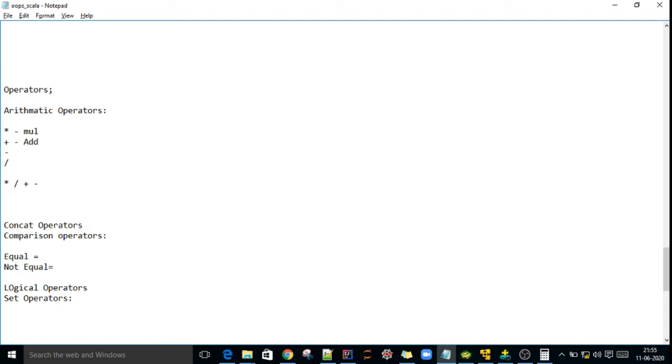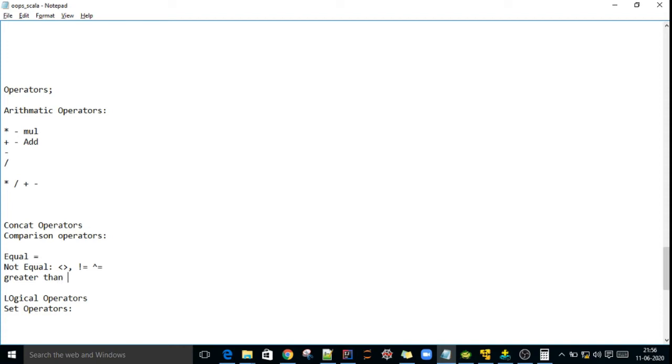The not equal operator will be represented like this, or like this, or like this. In three ways we can represent the not equal operator.